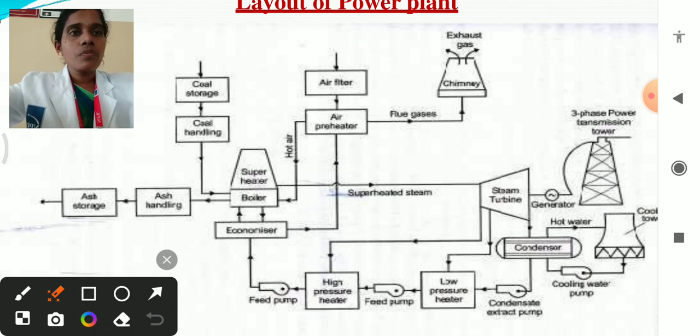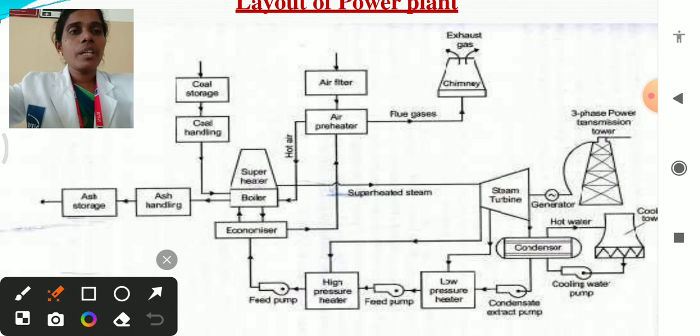With the help of the generator, the mechanical energy produces electrical energy for other purposes. At the same time, the ash from the boiler gets disposed with the help of a handling system, and the ash storages can be used for further cement manufacturing processes. Then from the steam turbine, the exhaust steam is condensed with the help of water,